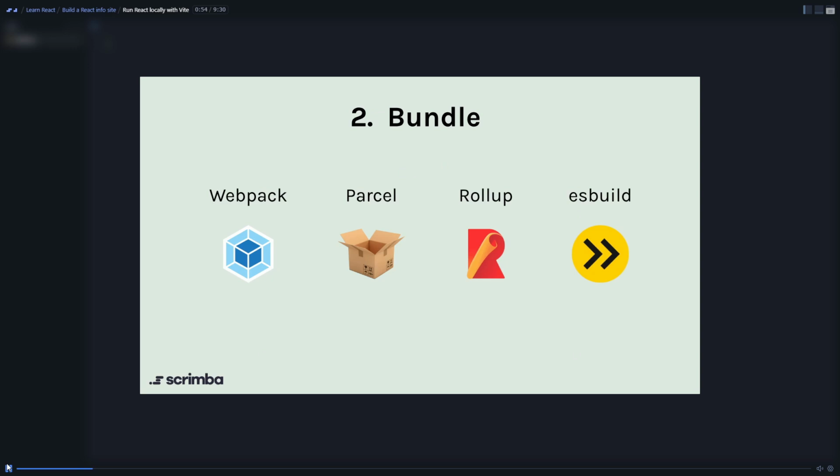I've put here a list of some popular bundlers, and if we were to dive into the details of it, Webpack, Parcel, and Rollup are all bundling systems, whereas ESBuild will use a more updated way to use ES modules and really deploy something in a much quicker way. Under the hood, Vite is going to use ESBuild, which gives Vite such a fast response time when you're just